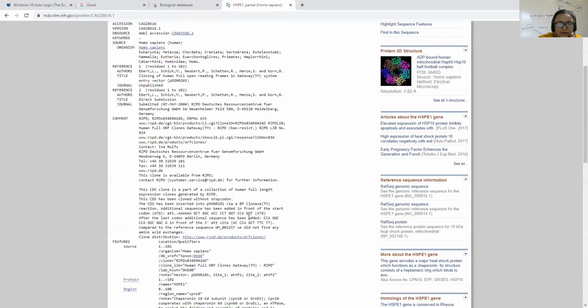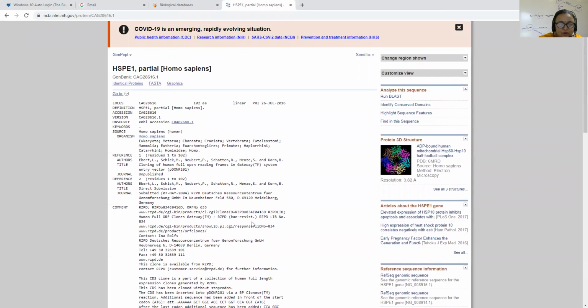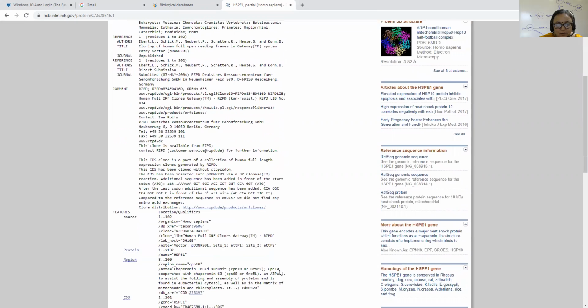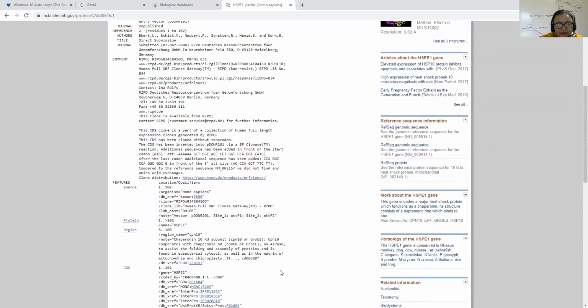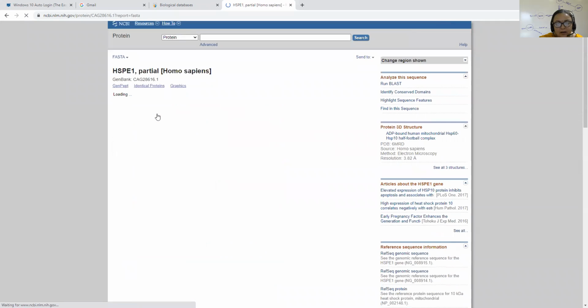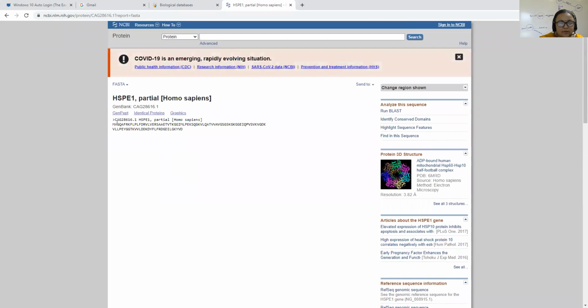This is the flat file format for the protein information, and you can see here it is GenBank, a division of GenBank which contains the protein information. But the format is the same for the protein information. And we can select FASTA to retrieve the sequence in FASTA format.